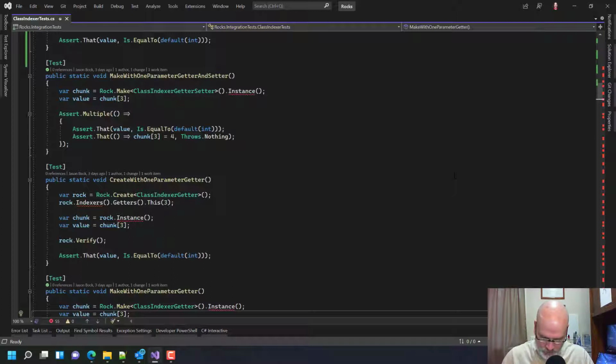NUnit analyzer suggest removing multiple if there is only one assert. Now, I've learned from my CSLA analyzer days that you have to be careful with that